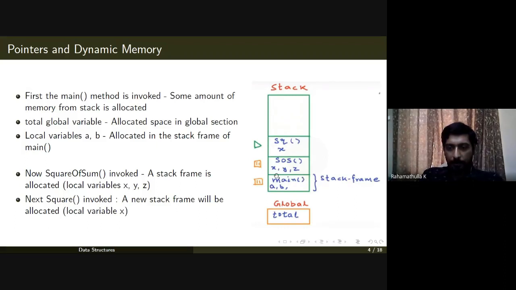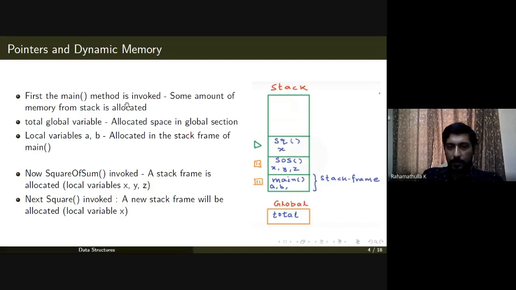A stack frame will usually be allocated for a function. The size of the stack frame will be calculated based on how many local variables are there in the function, and what are the arguments to the function, etc. By considering all these things, the size of the stack frame will be calculated. It's actually calculated at compile time, so dynamically we cannot change it. We cannot calculate it at runtime or execution time. This needs to be calculated at compile time.